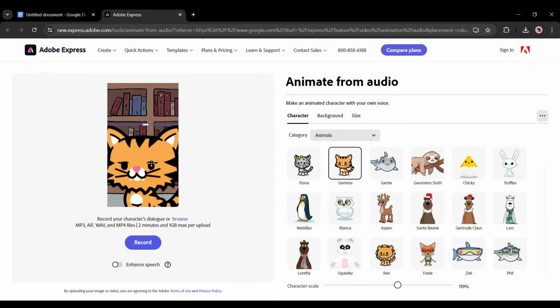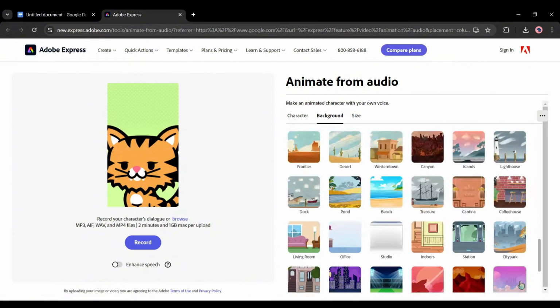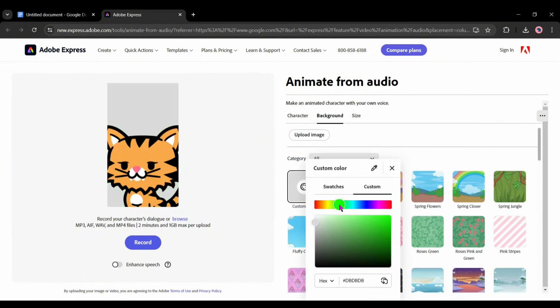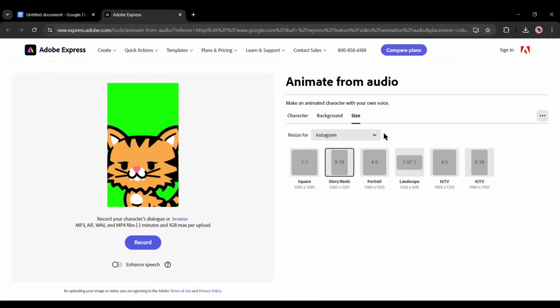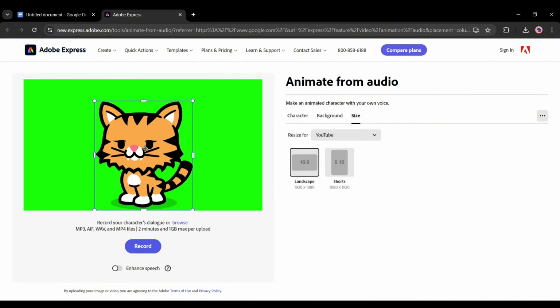After selecting a character, come to the Background tab. Here you can select a custom background image, but I will use only green color as my background, because I will use an animated background later. After that, come to the Size tab. Now select YouTube from here and then select 16:9. Okay, after all of this,